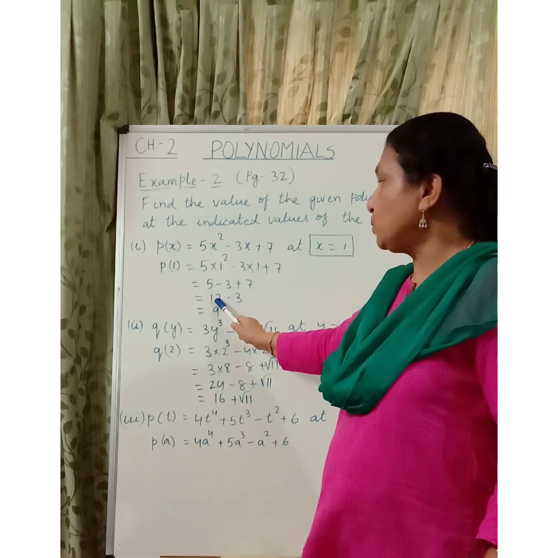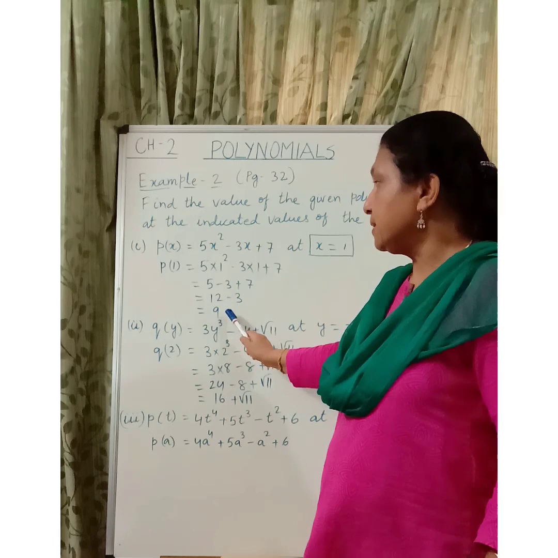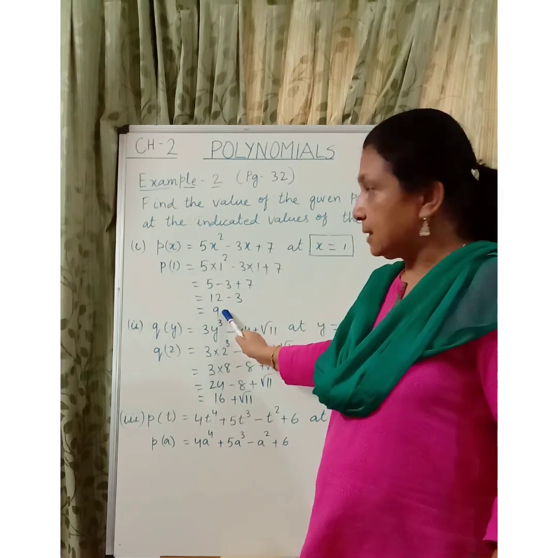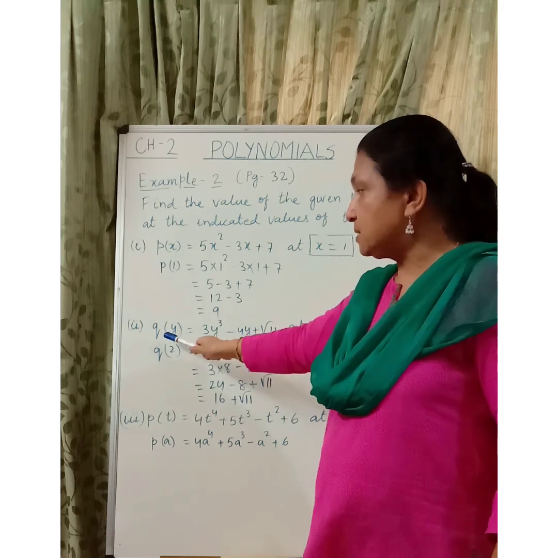5 plus 7 is 12, 12 minus 3 is 9. So we are getting p of 1 is equal to 9. Now the next question is q(y)